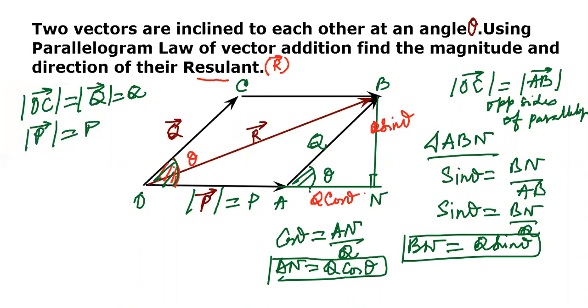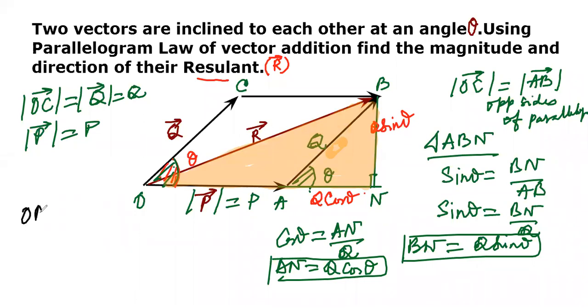Which triangle am I trying to consider? Let me shade it for you so that you can understand prominently which triangle I am considering. Here it is, the total triangle. So this is the triangle as a whole. What can I get, children? In this triangle, I can get that